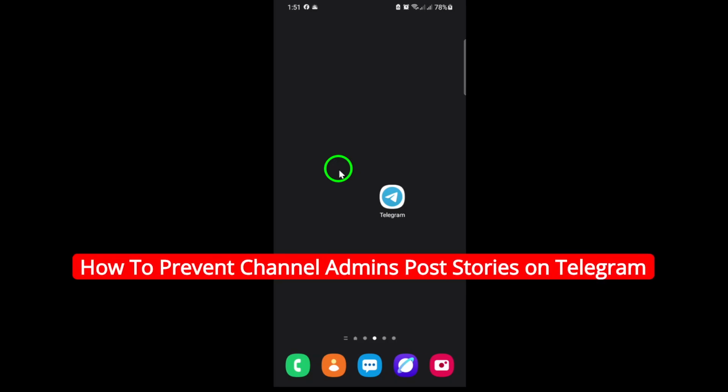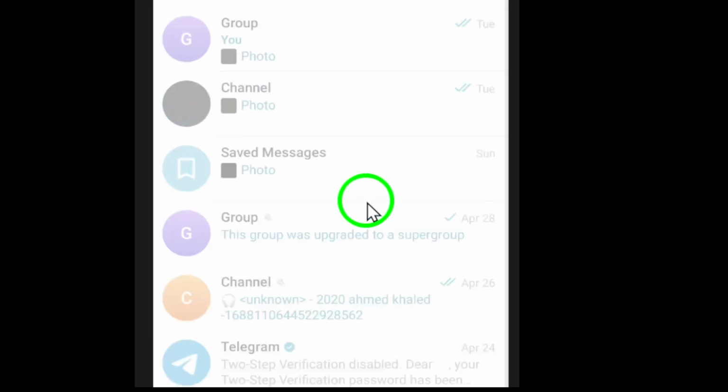Welcome. If you want to keep your Telegram channel organized and control who can post stories, you're in the right place. Today, I'll guide you through the updated steps to prevent specific channel admins from posting stories on Telegram. Let's get started. First, open the Telegram app on your device and make sure you're logged in with an account